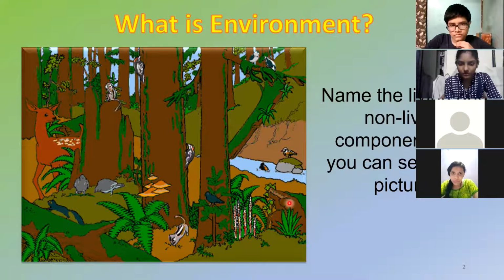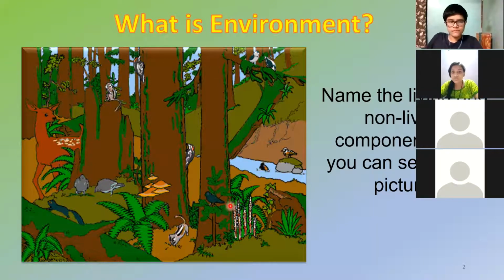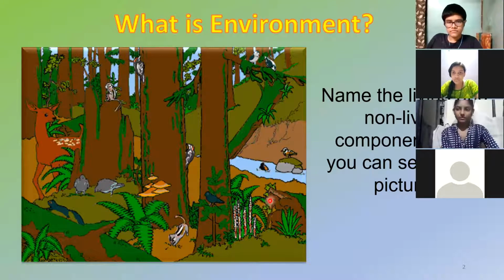Okay, they can be there, but there are a lot of microorganisms present. If you take any part of the tree trunk or the soil or even some bodies of the animals, yes, there are microorganisms also present, and they are also living things. So in this entire picture and all its components that you saw, there are living things and non-living things, both present together. Now tell me, those living things and the non-living things, are they totally independent of each other or are they dependent upon each other?